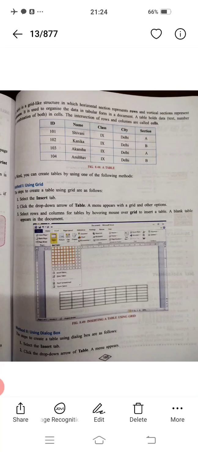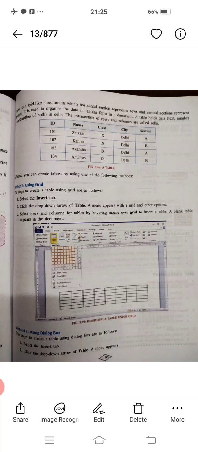Then a blank table appears in the document, or whichever is required, you just need to click on that. Based on how many rows and columns are required, you just click on the grid, and that table will appear on your screen. Now using the dialog box, you just need to click on the Insert tab.